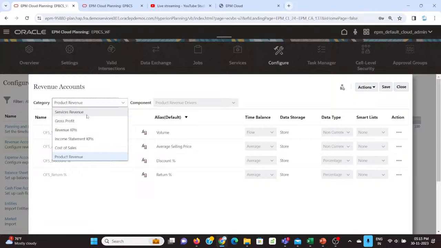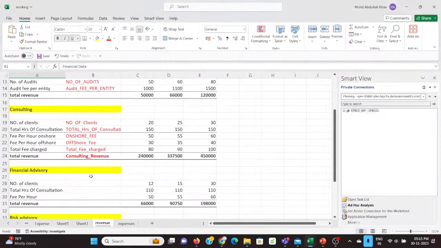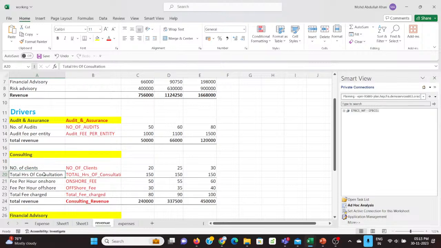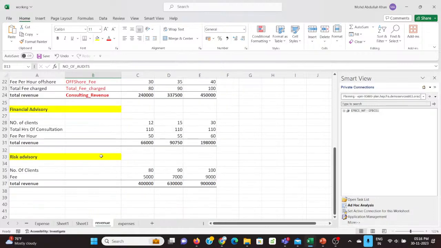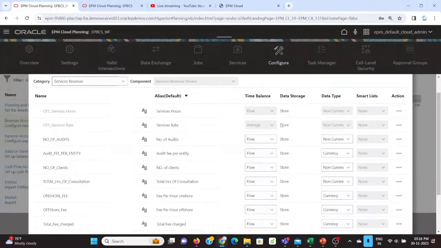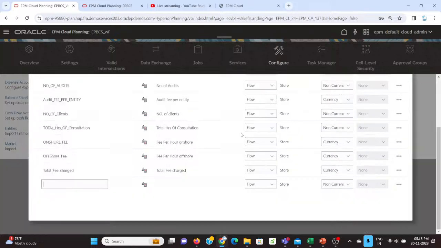Okay, so here I am working with service revenue, and here I have already created drivers for the audit assurance and consulting, number of audits. So here I have created a driver named number of audits. Let me create some drivers for the financial advisory services, number of clients. So here I will add a driver action, add number of clients,